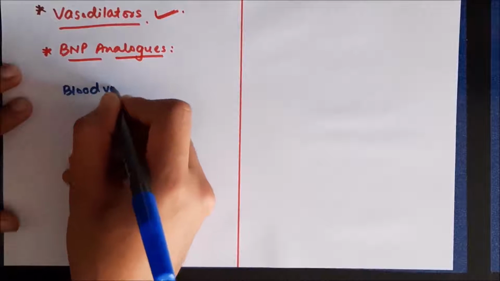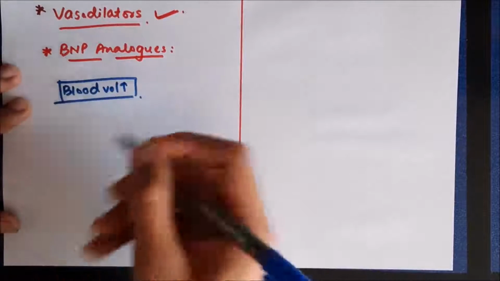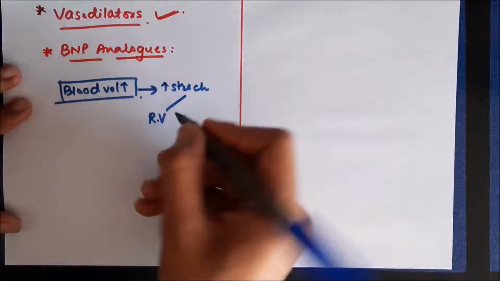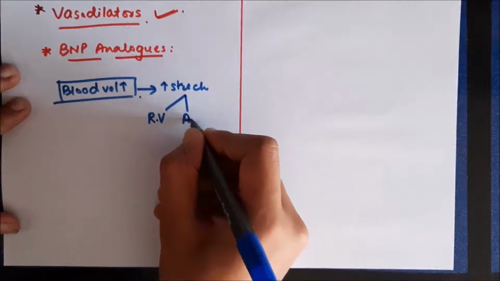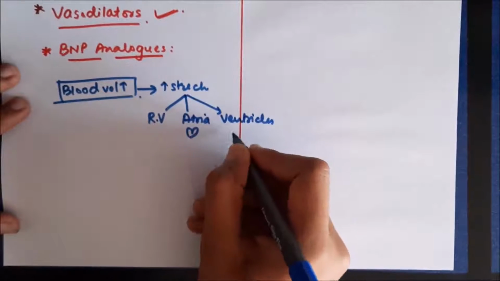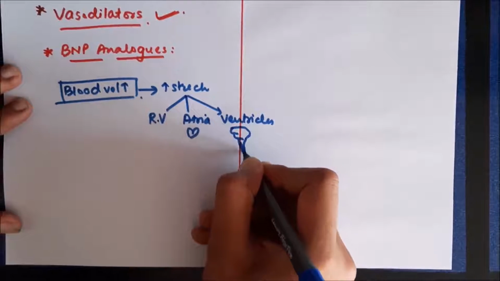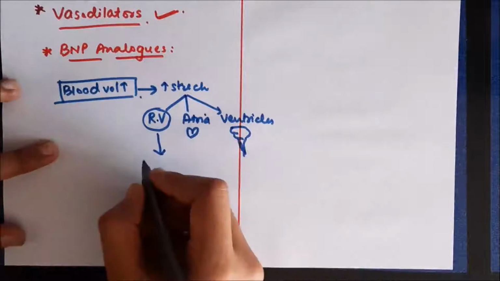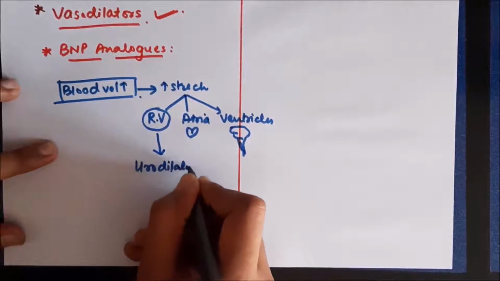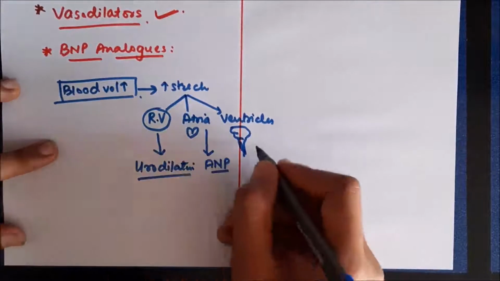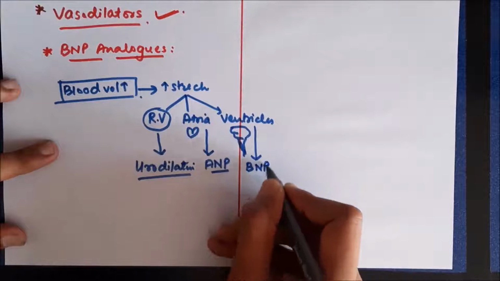So, in order to understand the pharmacology of these, we should know something about the physiology of BNP. Whenever blood volume increases, it results in increased stretch in renal blood vessels and in the atria of the heart, as well as in the ventricles of the brain. So due to this increased stretch in the renal blood vessels, they release a substance which is called urodilatin. Similarly, the atria of the heart release atrial natriuretic peptide, and the ventricles of the brain release brain